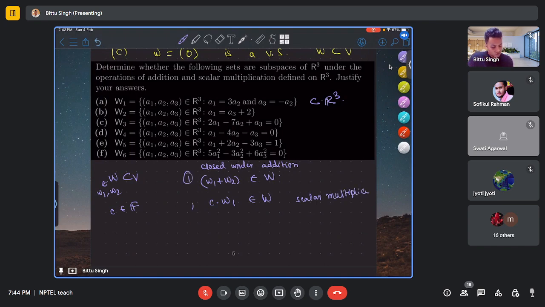Only those two properties will guarantee that W is a subspace of V,